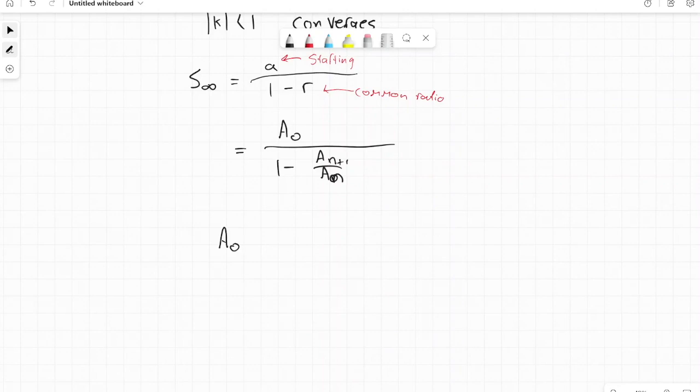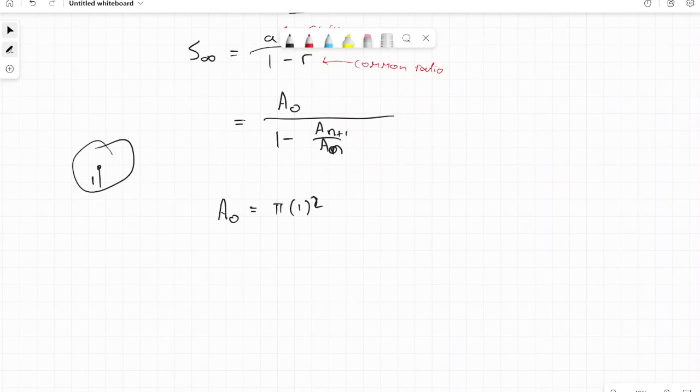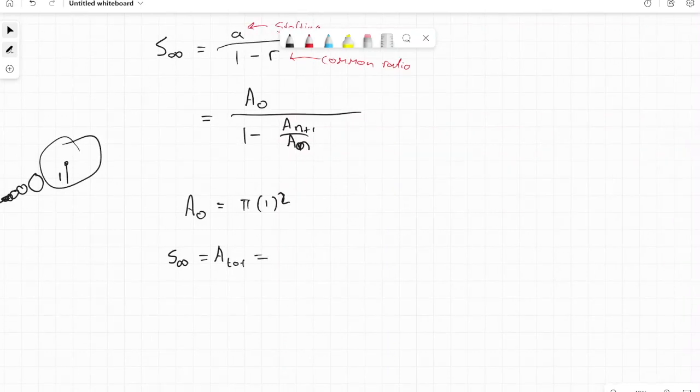Okay, so A0, that was our initial circle that had a radius of 1. That'd be my worst circle yet, I'd say. So that is pi times 1 squared. Okay, so S infinity, which is equal to our total area, just saying, because that was when we added up all of the circles to infinity forever. See, they're getting smaller. So that is equal to A0, which is pi,